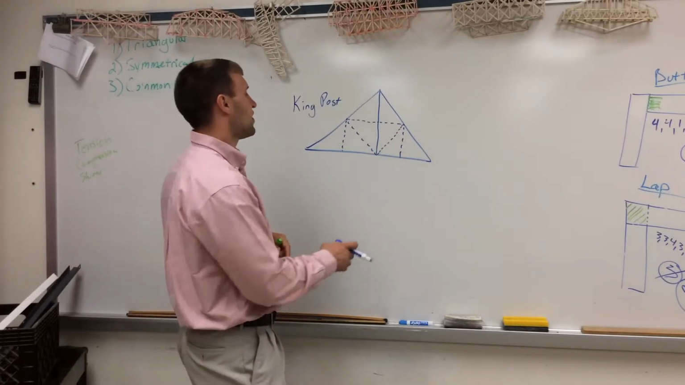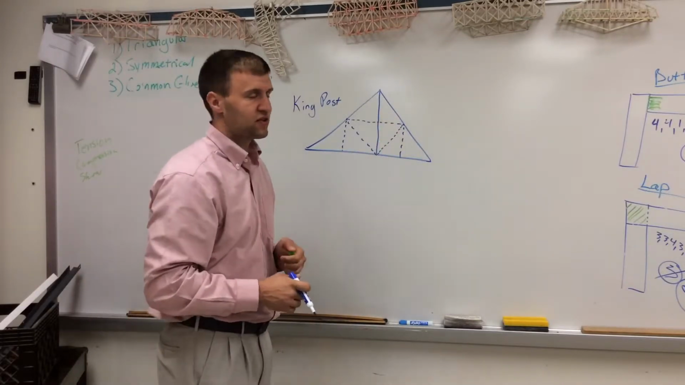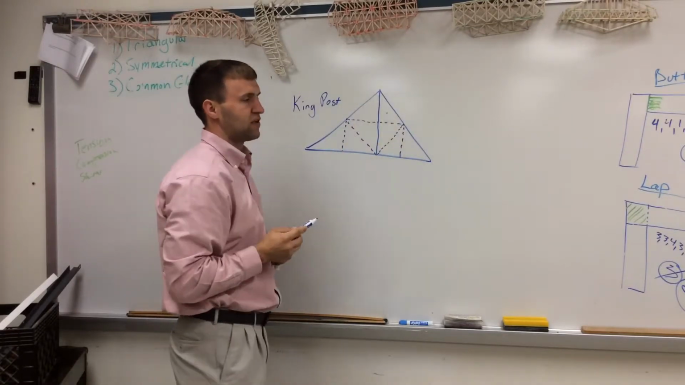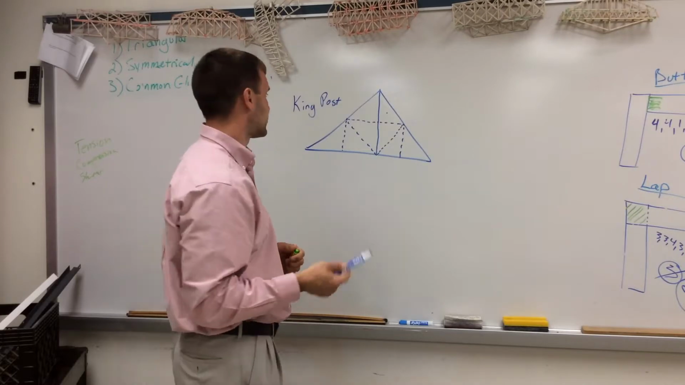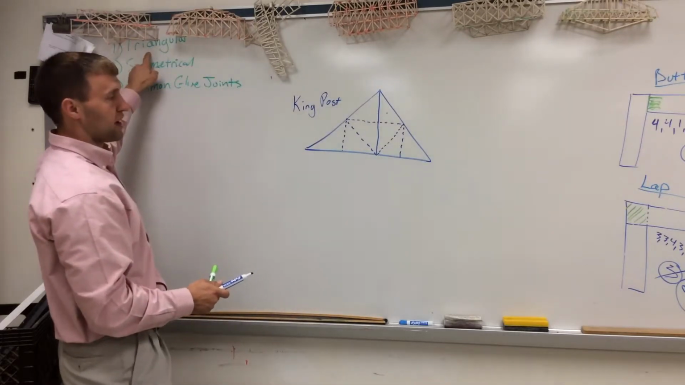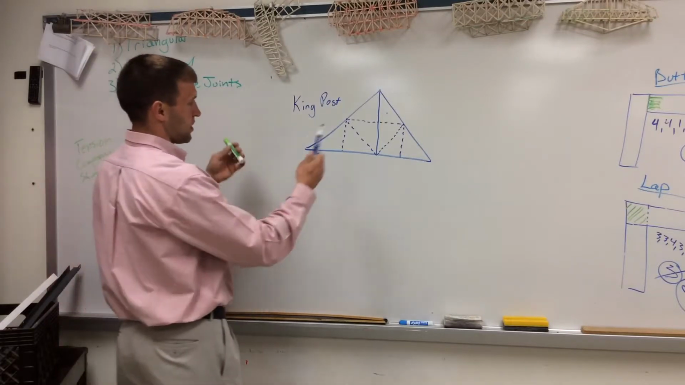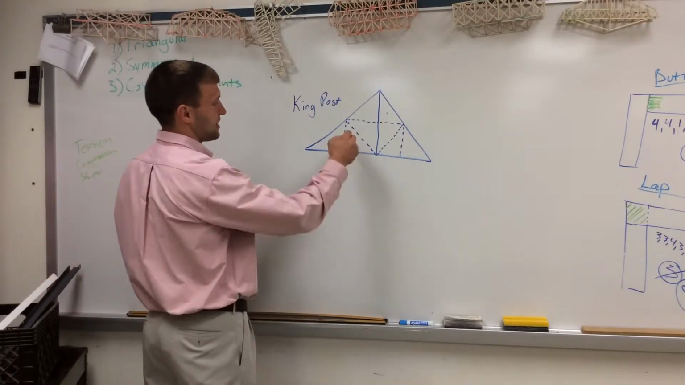So, is this triangular? Absolutely. Any part of this is surrounded by three sides. So if I drop my marker, I would be surrounded by three surfaces, not 4 or 5 or 6. So it is triangular. One of the rules that we're trying to follow is that all of our designs must be triangular. It's symmetrical because the reason I'm giving you the king post idea is that it's always symmetrical,